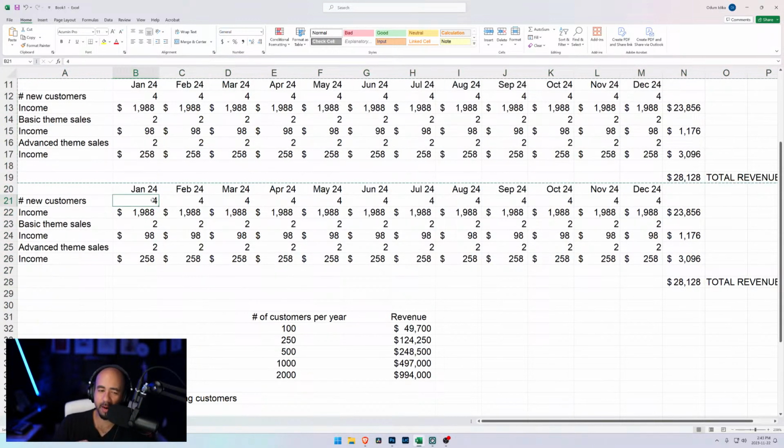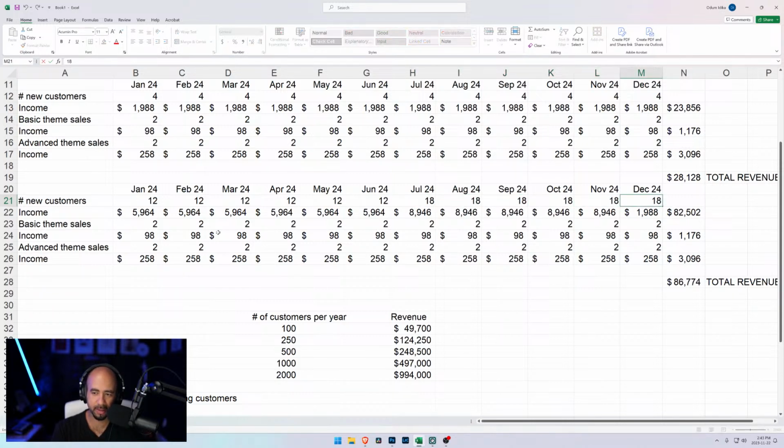It's like, okay, because it's year 2, we've got some momentum, and now we're going to triple the amount of sales that we do, right? Say we start with 12, and then after 6 months we really ramp it up, we quadruple or whatever, so then we go to 18. And then you could just keep throwing up the numbers.